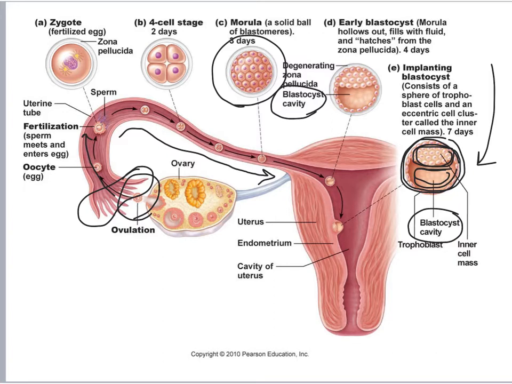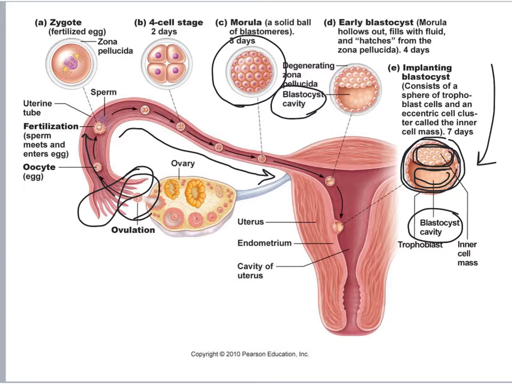And then about 30% of those that do implant later miscarry due to problems either with the embryo or the uterus or something else. So, successful implantation takes about 5 days, and it's usually completed around day 12, which, if you're keeping track, is day 26 of a woman's menstrual cycle. And this would be just before the endometrium normally would slough. So this would be bad. Menstruation, if that occurred, would flush away that newly implanted embryo.